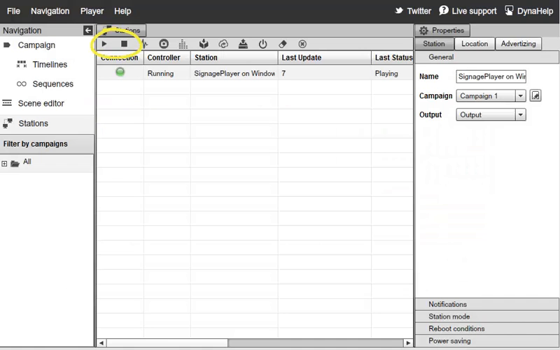The play and stop will allow you to toggle the playback of the SignagePlayer. The music player is a background music player that's independent of the campaign, and we do have a separate video tutorial for that. Every once in a while we do release new versions of the SignagePlayer with new bug fixes